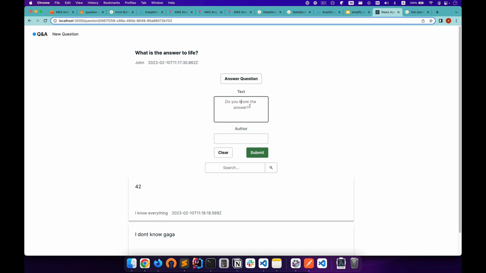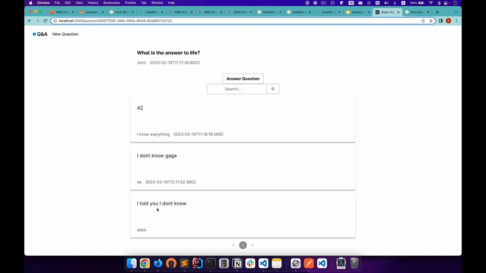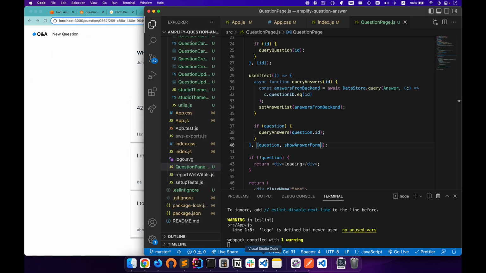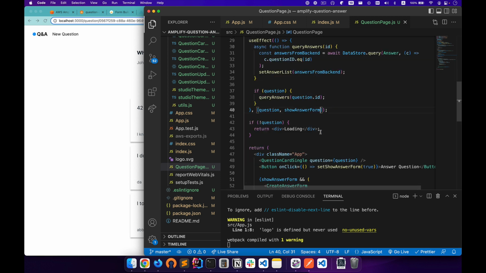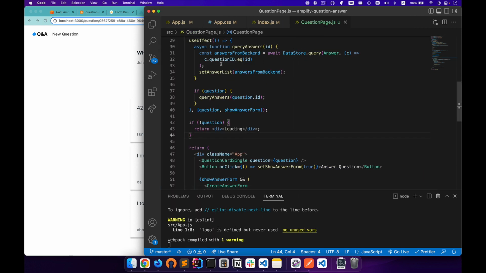So what is the answer to life? I told you I don't know. And submit. It closes and it comes here. I told you I don't know. And you notice that sometimes the data is not there immediately, but if you refresh, it comes there. You can improve the code here in the useEffect by